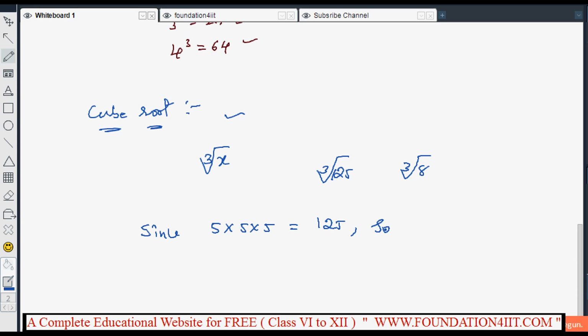So cube root of 125 is equal to 5. That is, cube root of 125 is 5, we can say. Or else, take one more number. For example, if we